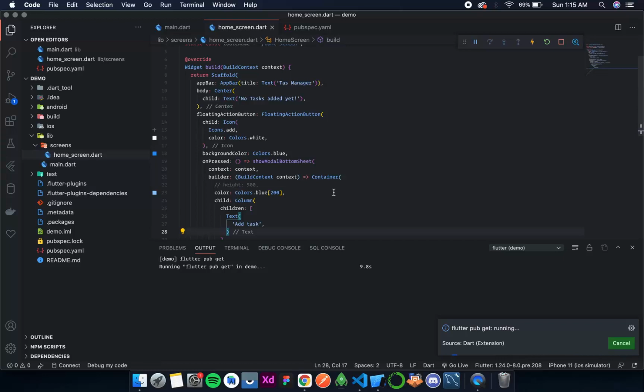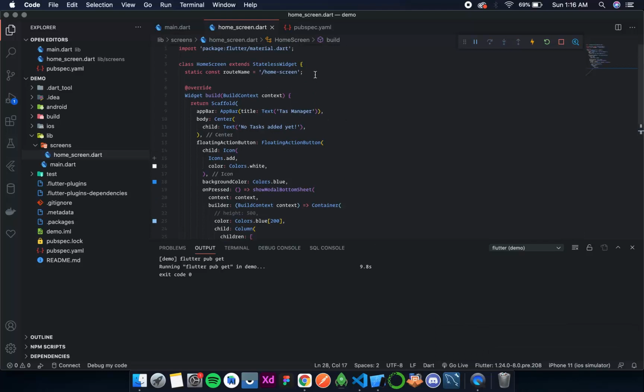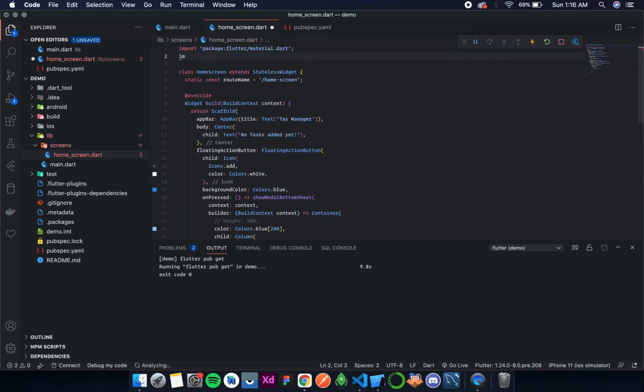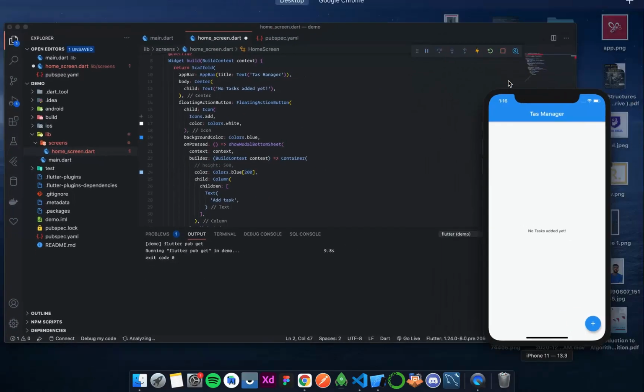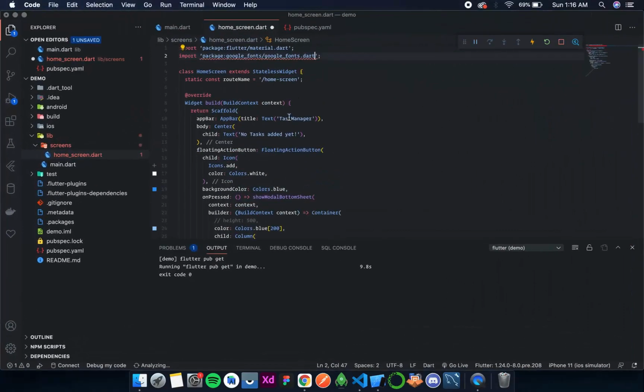All the text in this app will be in Montserrat font. Okay, so let's wait for this Flutter pub get to complete. Okay, so it is. Now I'll add the import Google Fonts. Now the first text we can see over here, the spelling is wrong as well. Task.